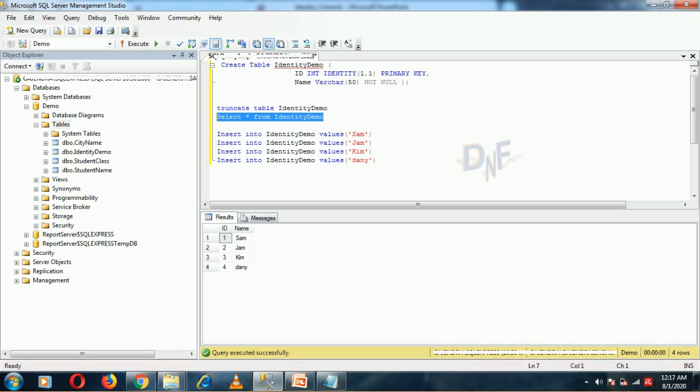And when we execute a delete statement, for example, I am going to delete fourth row, so see what happens.